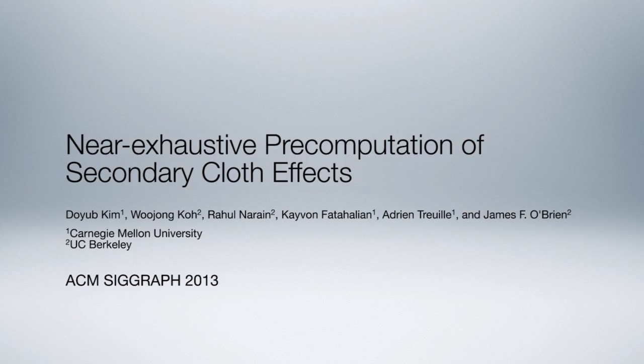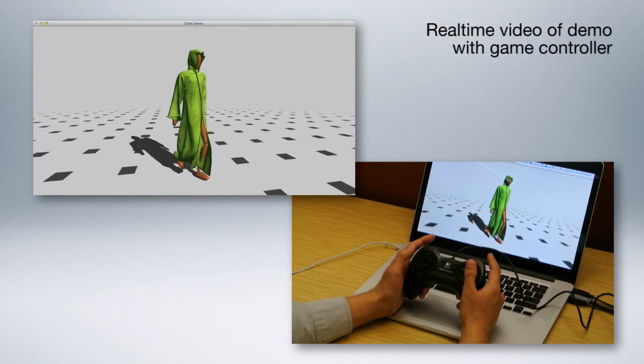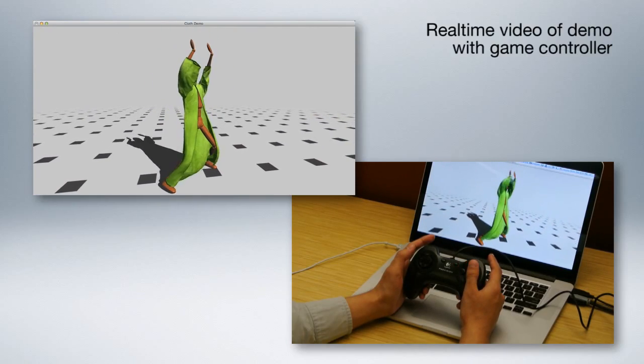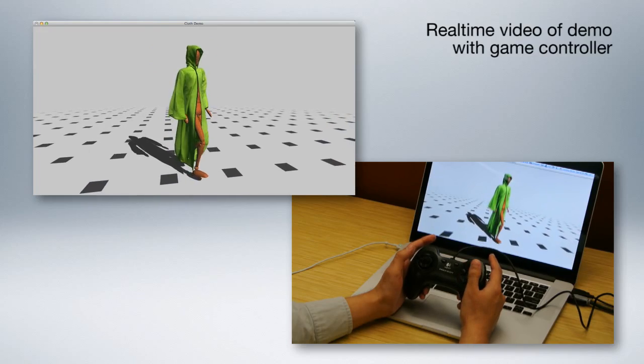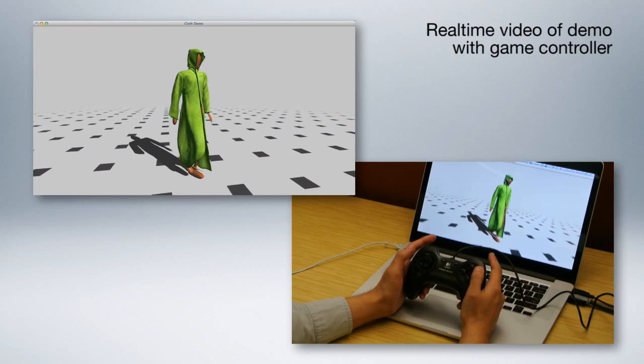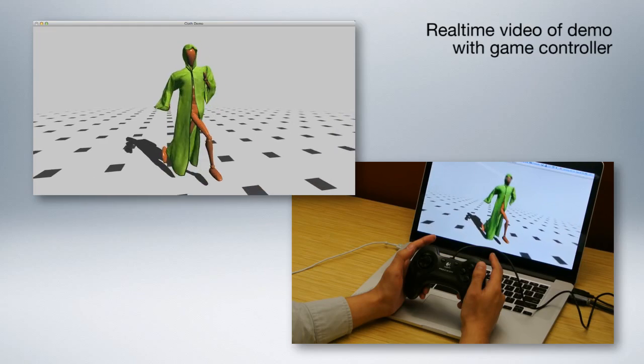This video presents the results for our entirely data-driven approach to cloth animation. Please note that all of the video you see here has been captured in real time. The garment worn by this character has 29,000 vertices and is being interactively driven by the game controller at 60